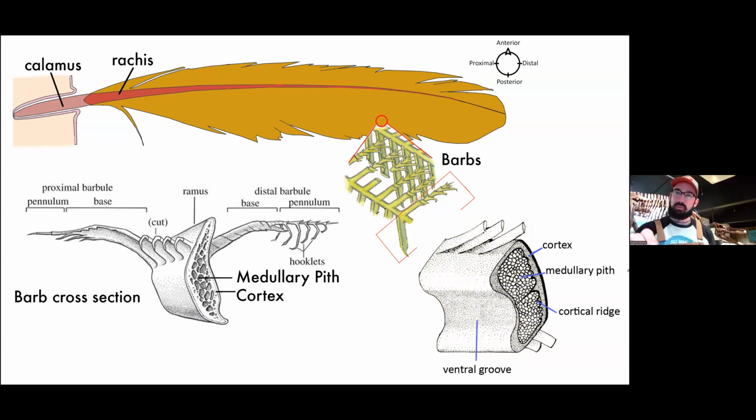If we zoom in physically onto a feather, you'll see that the feather vein has barbs and barbules. These are some terms I might use occasionally. I don't want to get too hung up on all these definitions, but at a very microscopic scale, a modern feather has some amazing features. These tiny little hooklets on the barb allow for a zipper-like action on a feather, which also allows a feather to come apart and then zip back up together. So it's a really amazing dynamic